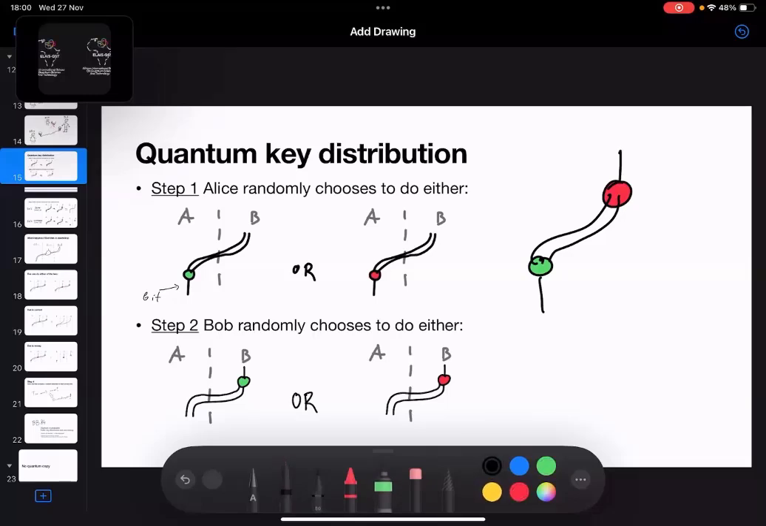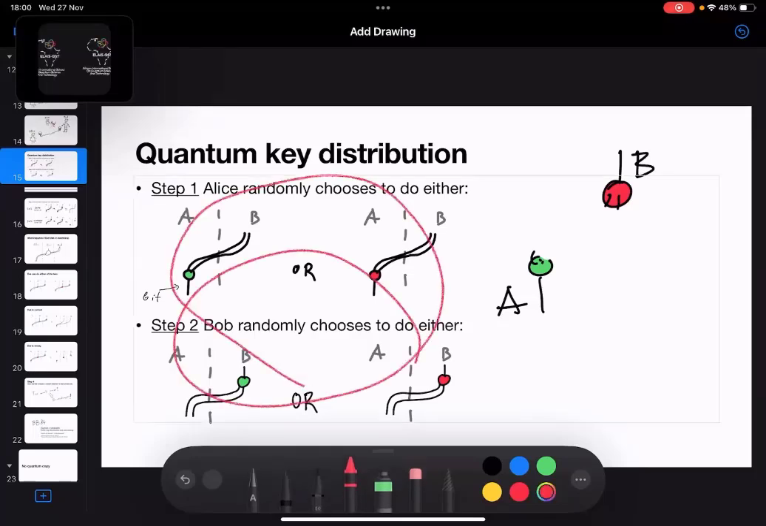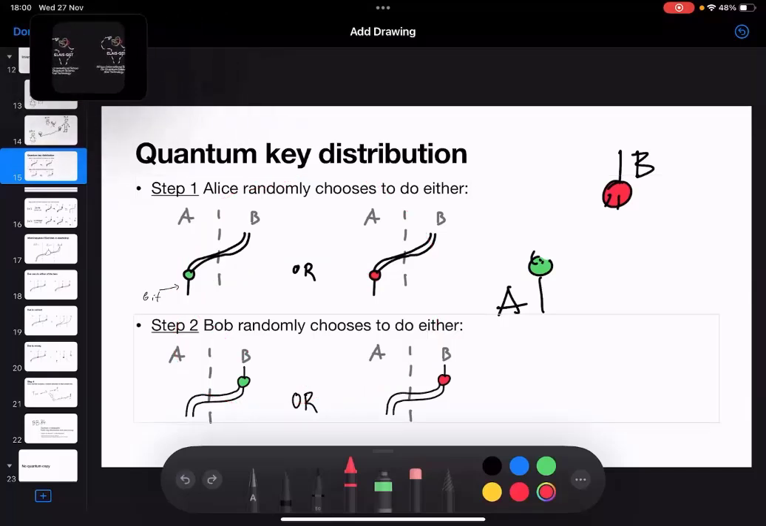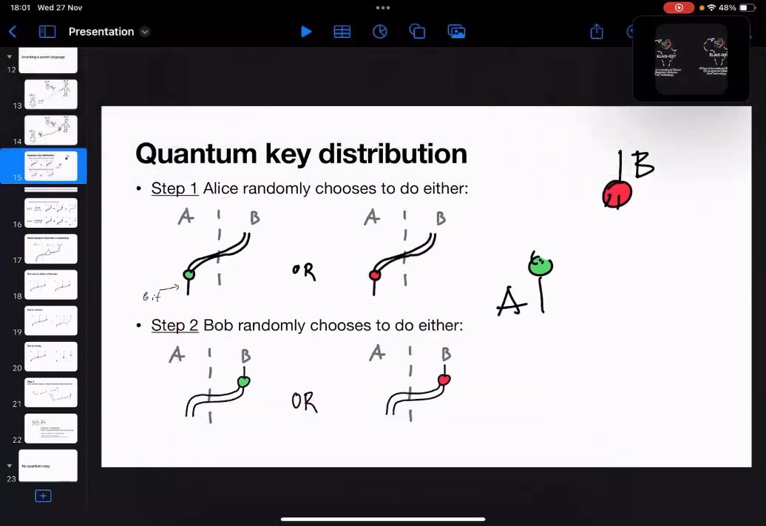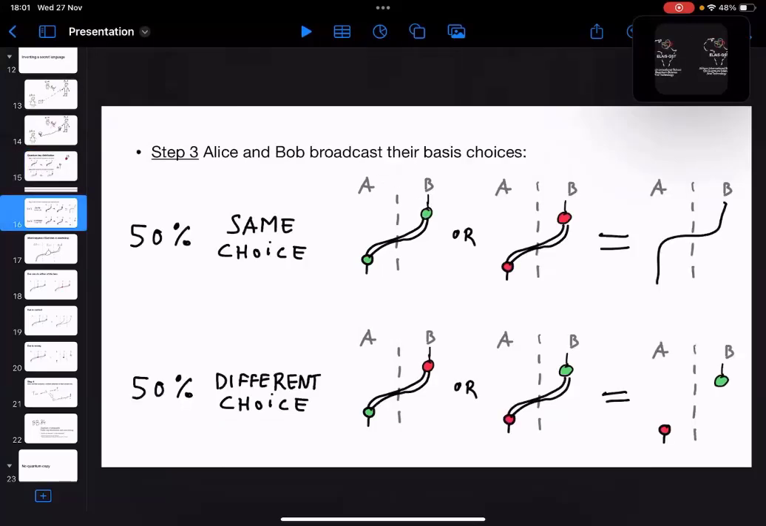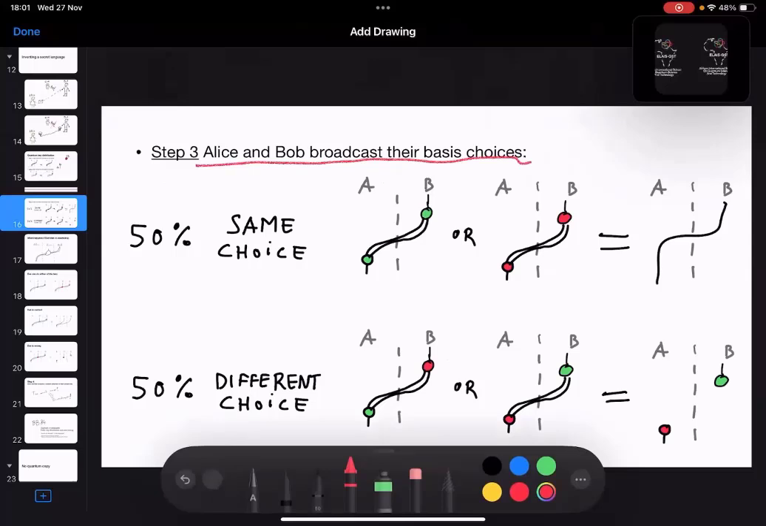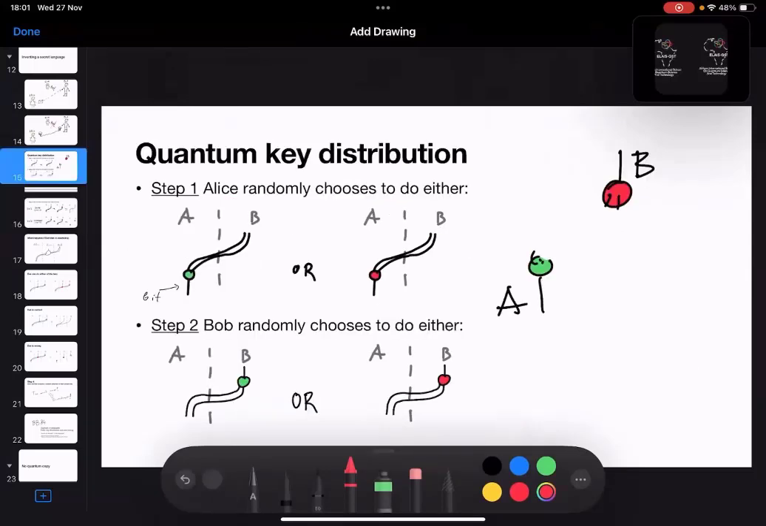Yes. And then your question was, how does Bob know that actually these legs are not there anymore, right? Because Bob is just receiving some kind of random information. And the key here is that once Alice and Bob are done with these steps, the key is that Alice and Bob broadcast their basis choices. So in this case, let's suppose that Alice chose,